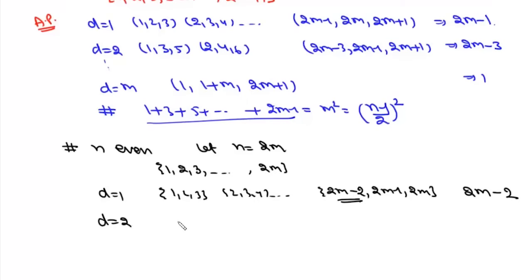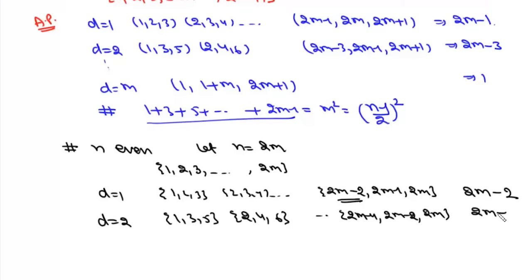Now with common difference 2, it will be 1, 3, 5, 2, 4, 6, and here will be 2m - 4, 2m - 2 and 2m, and there will be 2m - 4 cases, and it will continue up to